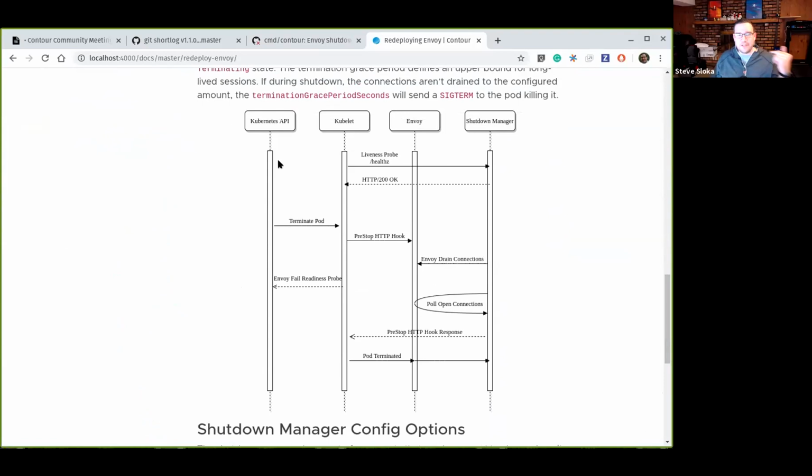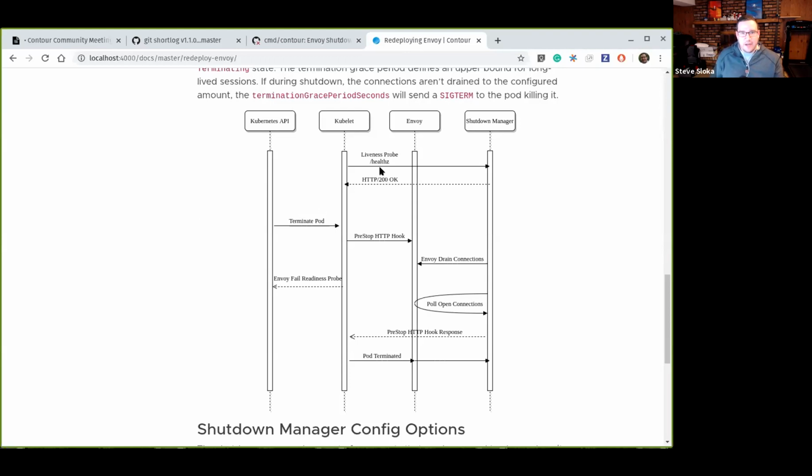So the idea here is that, like Dave mentioned before, we created a readiness probe on Envoy, and Envoy itself has a health check fail endpoint. So what we would do is on a pre-stop hook, we would call that health check fail to Envoy. So Envoy would start draining connections, and then the readiness probe in Kubernetes would look at that probe and say, oh, it's failing because now it's unhealthy, and would take that pod out of service. So then no new connections should route to that Envoy. All the while, connections will start to drain. The problem we had was we didn't have any way to know, are all the connections gone yet or not? So this is the idea of the shutdown manager.